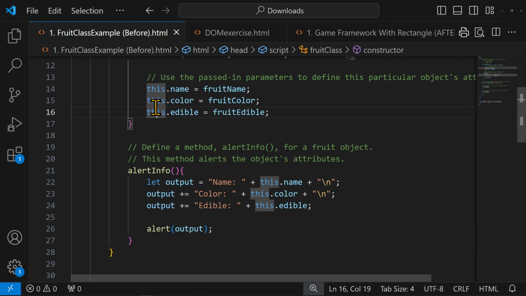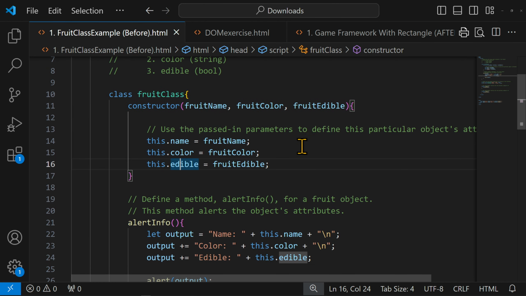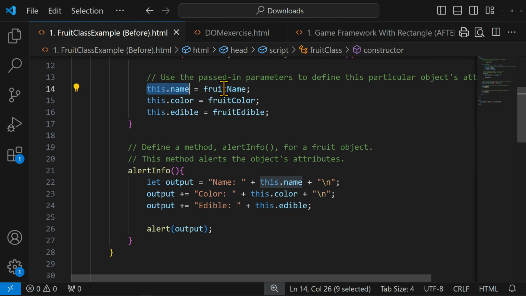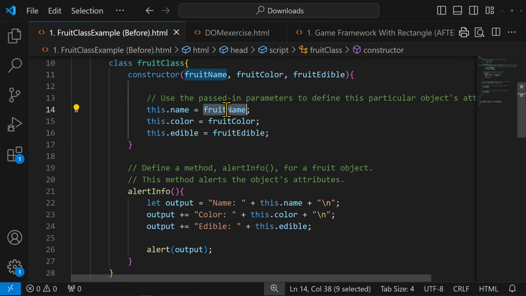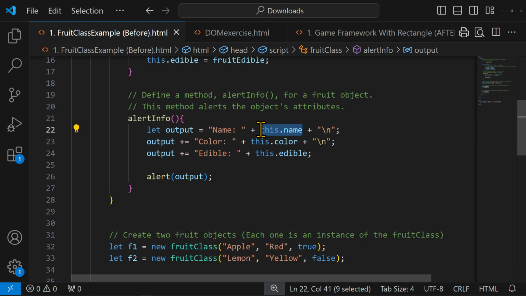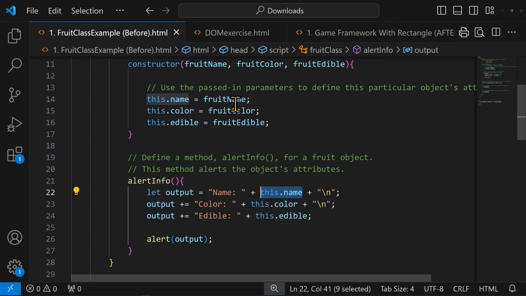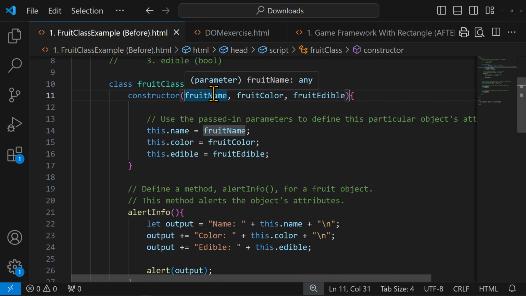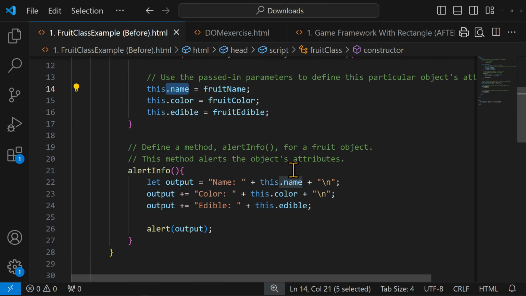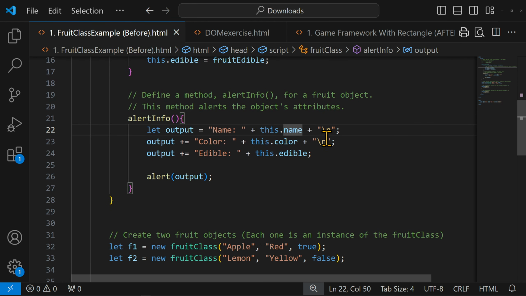You're going to see the word this a lot. This is a way of saying, for this fruit class object, the name attribute. And that's coming from whatever I passed in first, so it is now just called this dot name. It's not called fruit name anymore. Remember, a parameter is a placeholder. We're going to replace fruit name and save it to the dot name property of this object. Output, same thing: color, this dot color, adding on to output